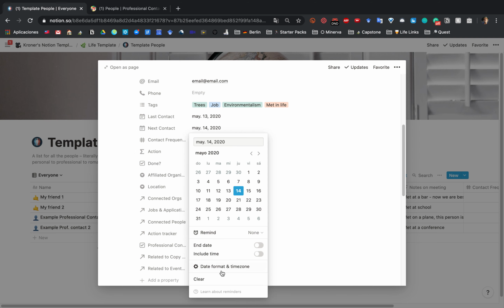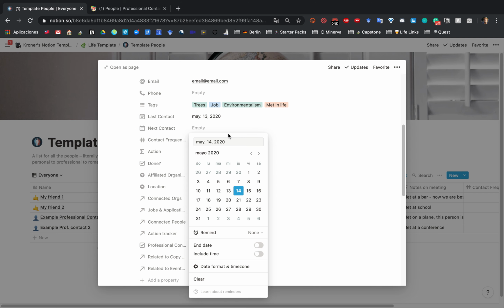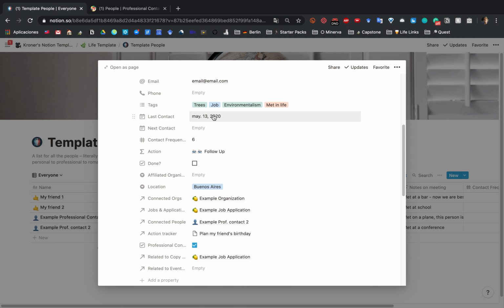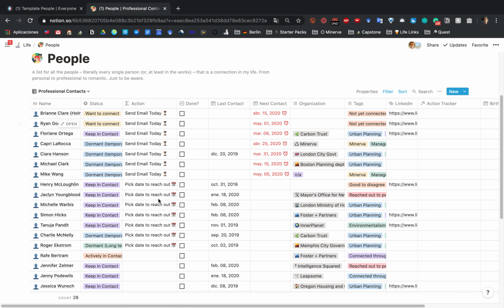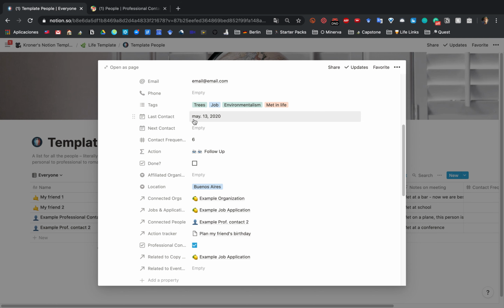And let's say I clear this, then it will tell me to follow up with them. And if I followed up with them, then it'll tell me good job. So that's how that works. So it's slightly complicated, but basically just keep on top of, when do you next want to contact them? When did you last contact them? How frequently do you want to contact them? So just be aware of those. Again, mine is like, I clearly have been super not on top of it, but there's a pandemic, so